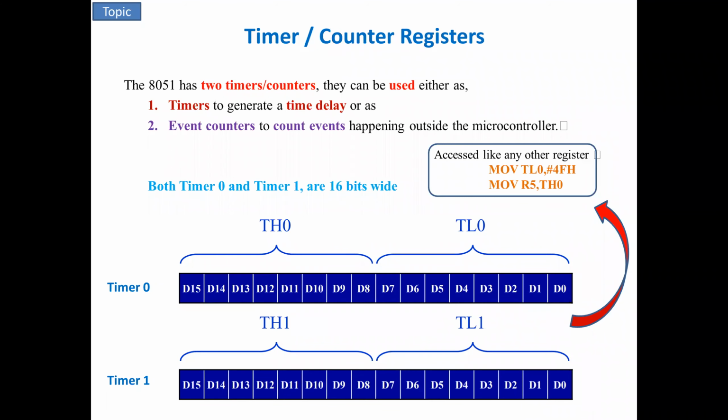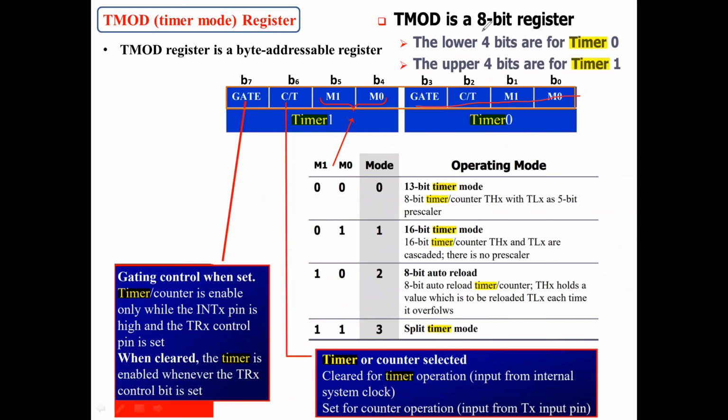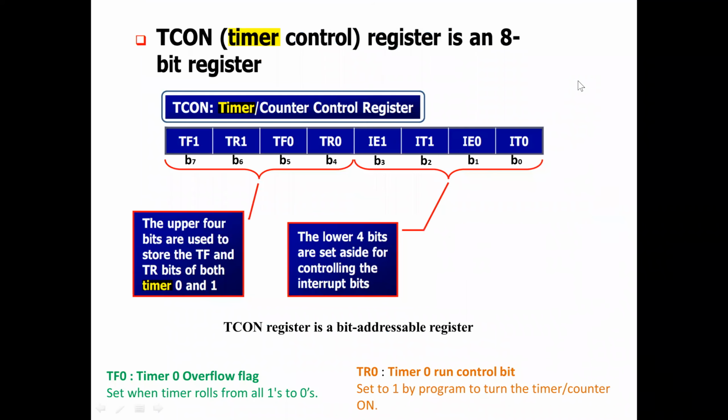So we have two registers, timer 0 and timer 1 registers. You can use any one of the timers, that is either 0 or 1, for delay purposes. If you use timer 0, this register you must use. And these bits you should use. The rest, everything you should set as 0. And you should use these 2 bits if it is timer 0. Otherwise, if it is timer 1, these 2 bits you should use to control the timer.